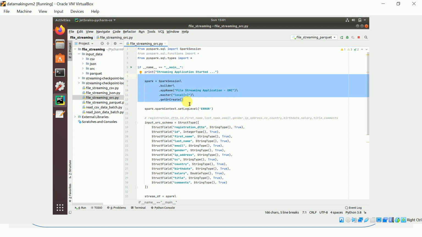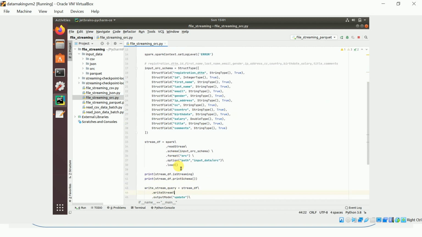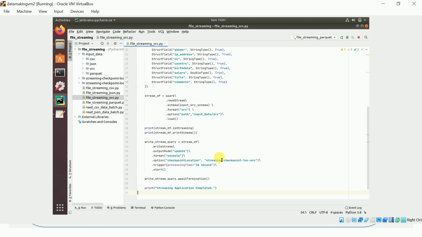Here I'm not giving the schema inference, I'm just going to define the schema and try it out. Now we are defining a source, also specifying the schema and the file format ORC, and we have to give the path, which is very important. Then we just print the schema, and finally we are writing to the console output.